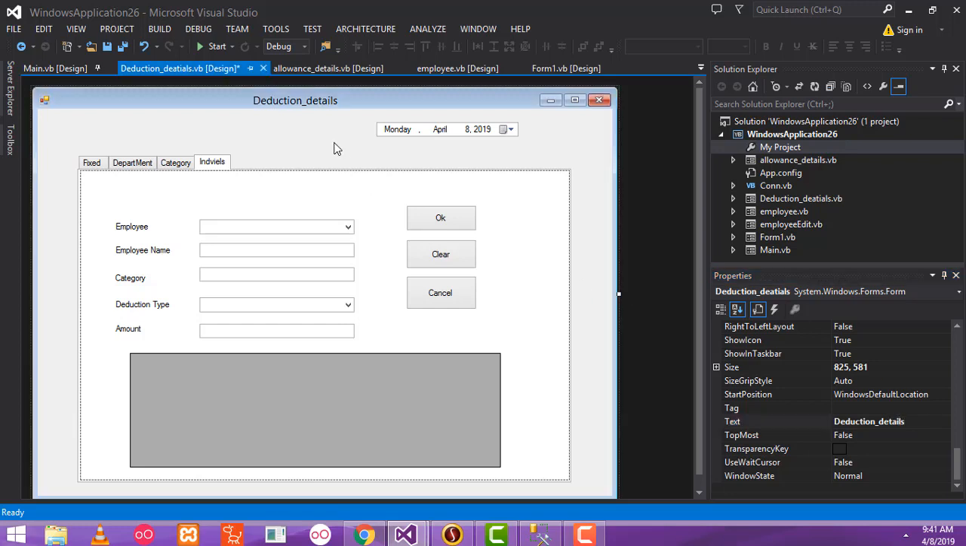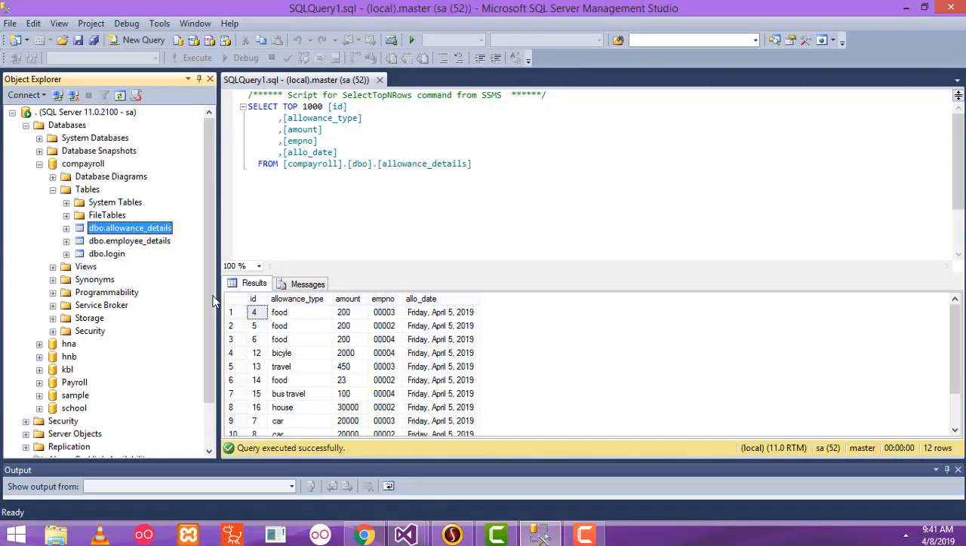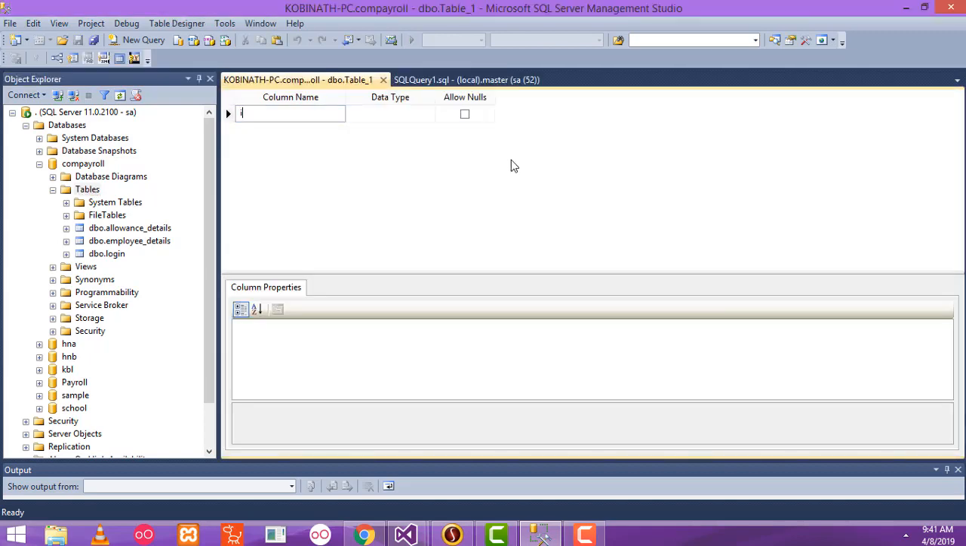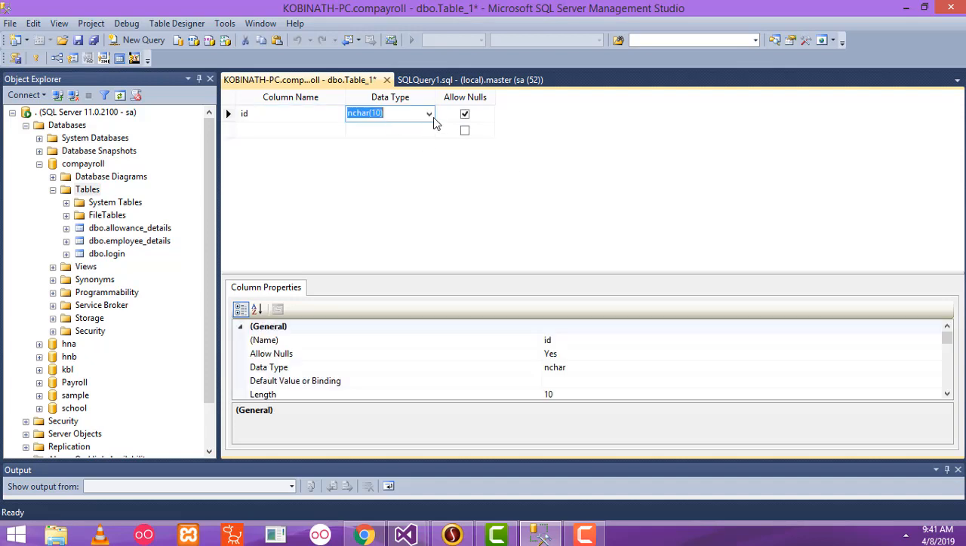Right, now I am going to code the things, the same code I am going to write. So I have to do one modification here, I have to create the table as a deduction details table. So select the table, right click, new, ID, this one should be integer,